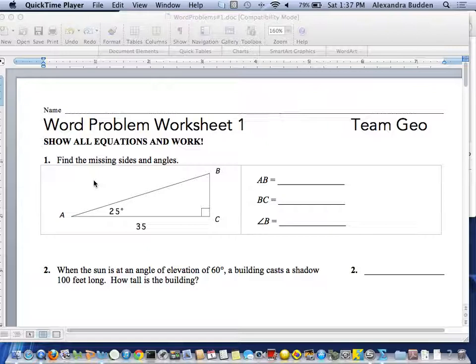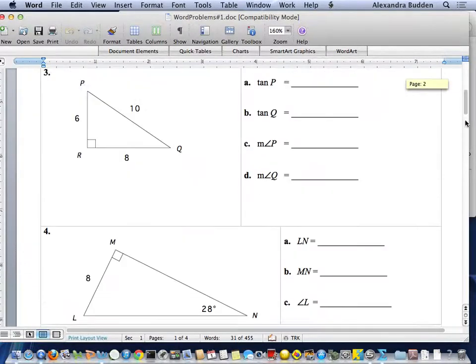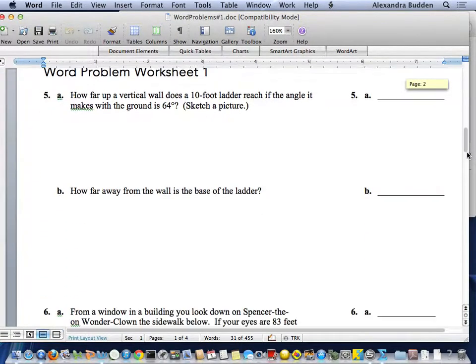Welcome to the first day of word problems for trigonometry. If you would please take out your packet and turn to the worksheet that is labeled Word Problem Worksheet 1. We are going to skip this first page because that's just review. So instead, if you would go to the second page,